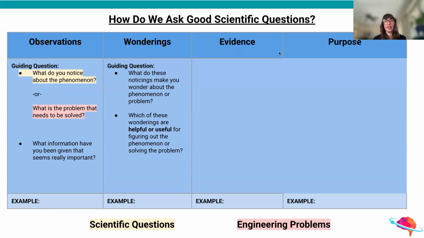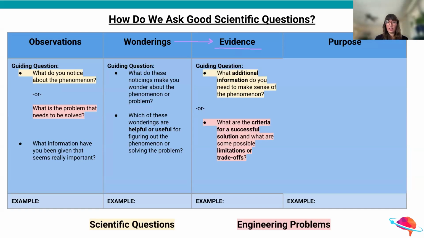And I think part of that comes in with evidence. Again, if we remember the wording of this performance expectation, it's ask questions about data. So we asked kids earlier, what information have you been given that seems really important? Now another important part of that is, what information do you still need to know? This might guide our whole investigation. This might guide our whole process of solving the problem. What else do we need to know? And we're not putting it in the question yet. We're just defining it, maybe listing it out.